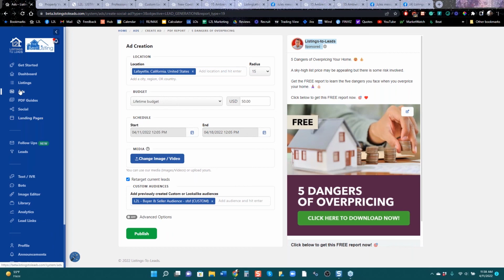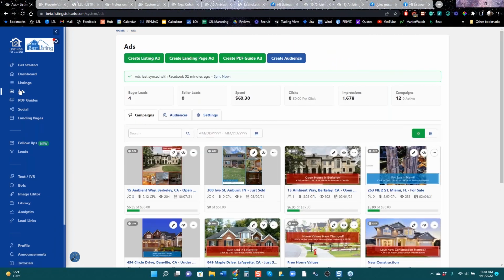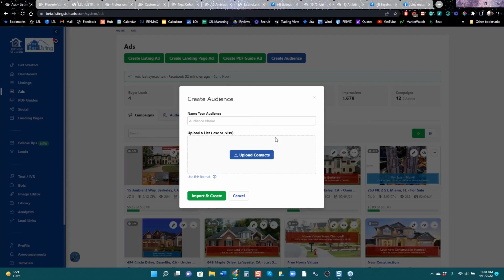On the ad section, there are a lot of agents who have been paying great companies like Zillow and Realtor.com and Homes.com or whoever for leads, right? Paying hundreds of dollars a month for leads. I'll answer your question a minute later. They've got 1,000, 2,000 leads sitting around collecting electronic dust. You can create the audience right here, upload it, call it My Dusty Leads, and then you can retarget those